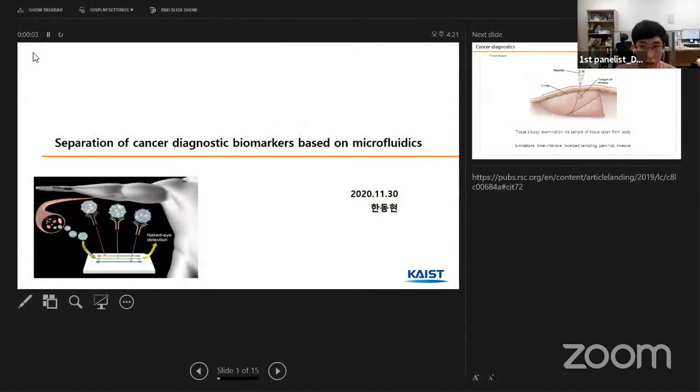Hello everyone, this is Han Donghyun, and I'll present separation of cancer diagnostic biomarkers based on microfluidics. Before delving into the separation of cancer diagnostic biomarkers,